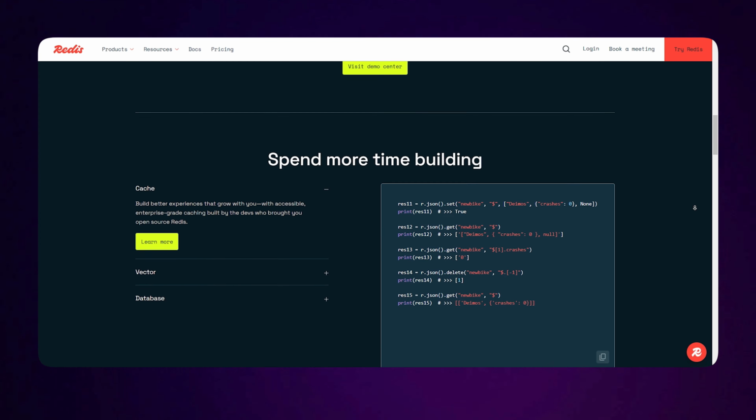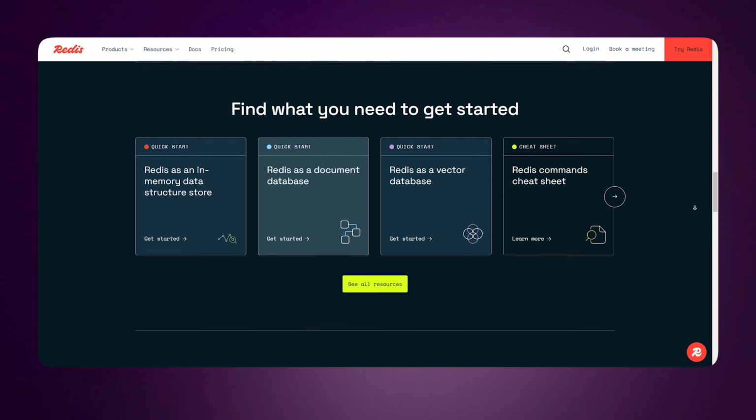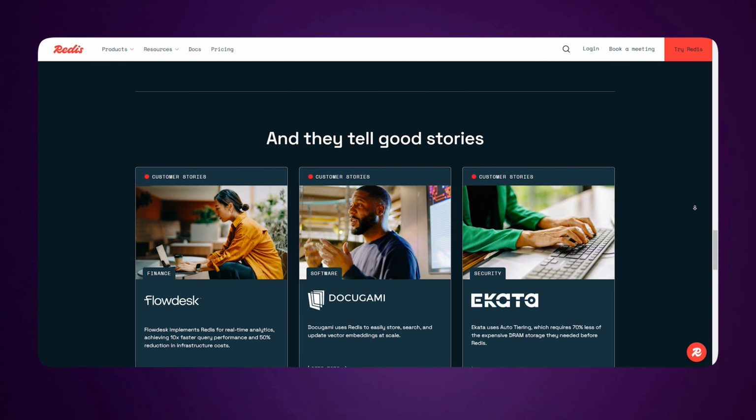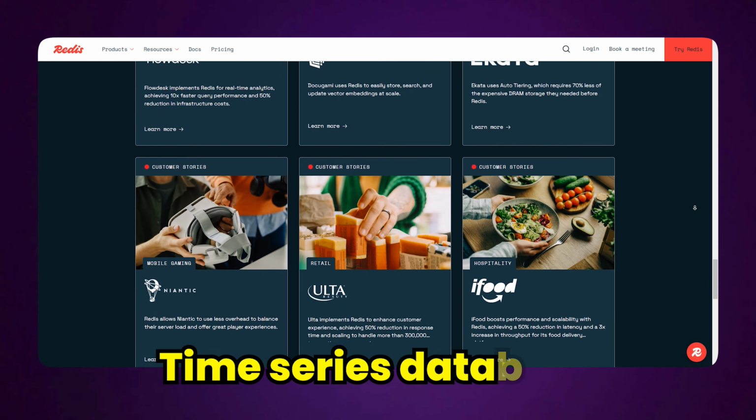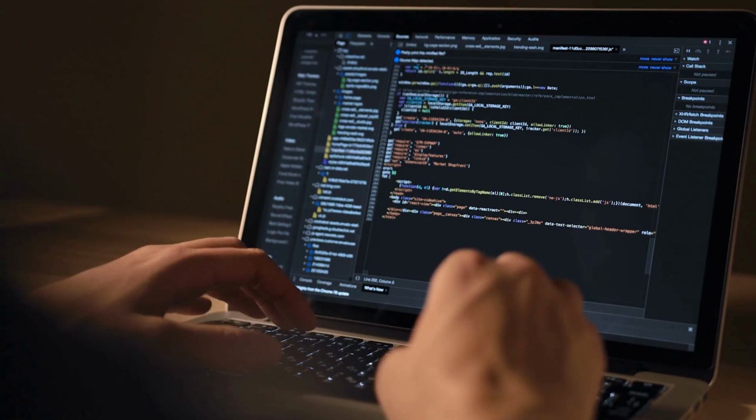Just to give you a few examples, Redis offers a PubSub system that you can use to implement the publisher and subscriber model, and Redis also supports a time series database. So there are a lot of other features that Redis offers that can be handy and help you build